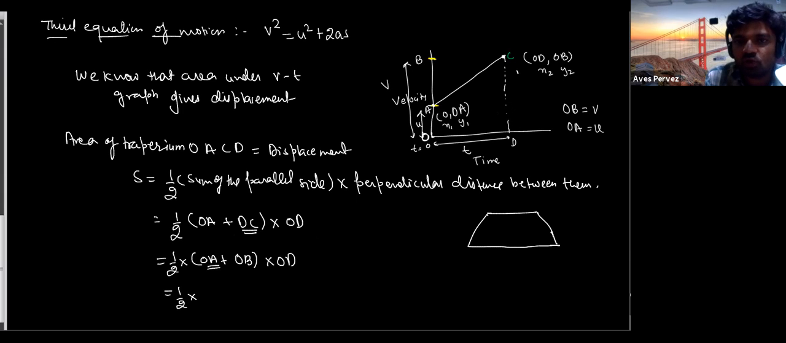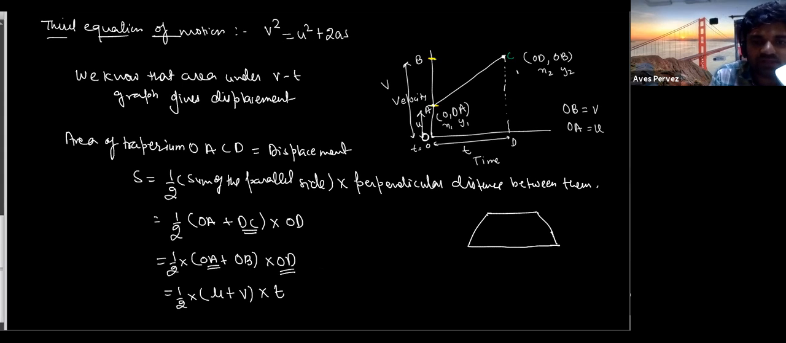What is OA? OA is simply the initial velocity that we have taken. In the previous class, we have discussed this in great detail. So OA is basically u, plus OB is actually v, into t. OD is time. Now you need to come to the equation that we have, v square is equal to